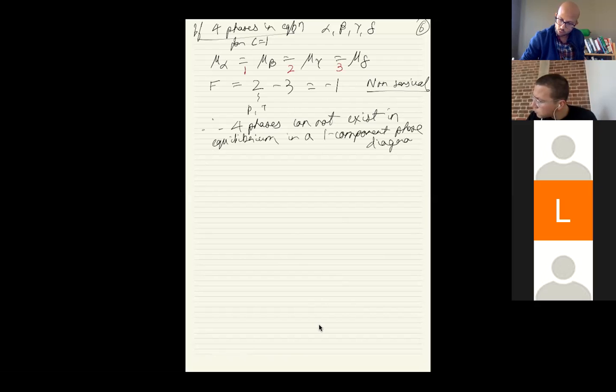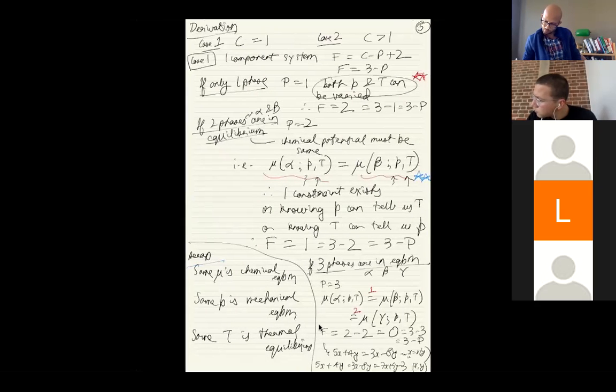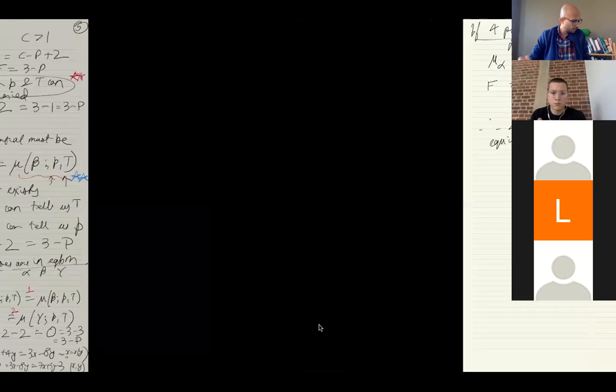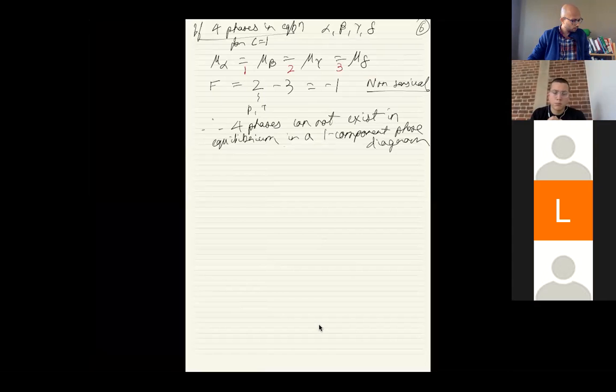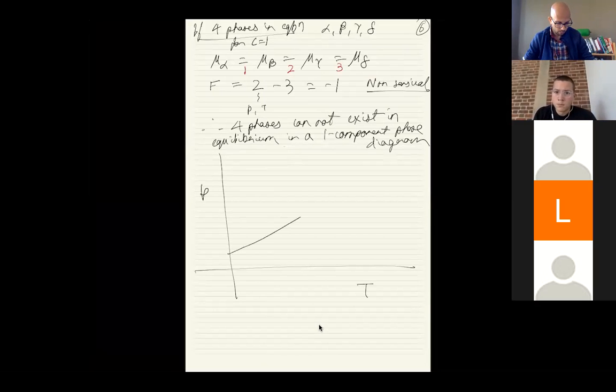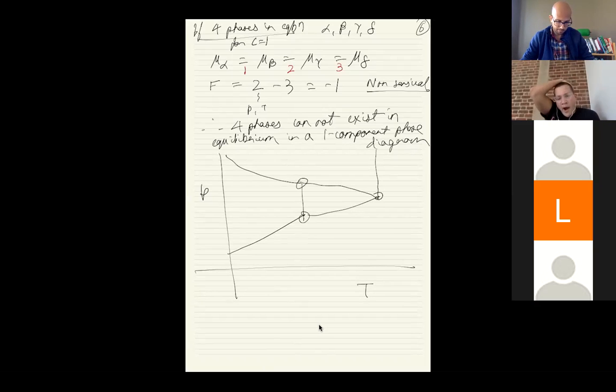And we also showed that for 3 phases, for a triple point, the number of degrees of freedom is 0. So we just showed that for the triple point, when 3 phases exist, why is it called a triple point? Because it's a point at which 3 things exist. So if you have a phase diagram, let me draw one and then I'll just stop, in pressure and temperature, which looks something like this, it has some points, it has a line over here, and